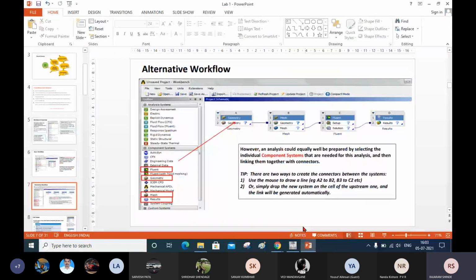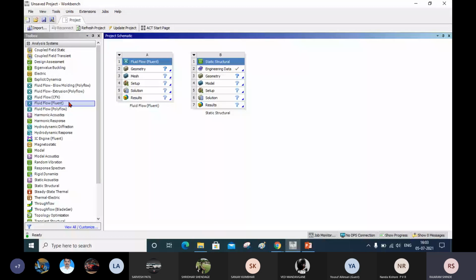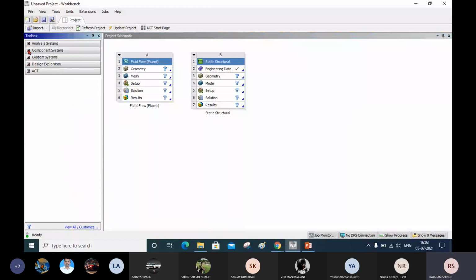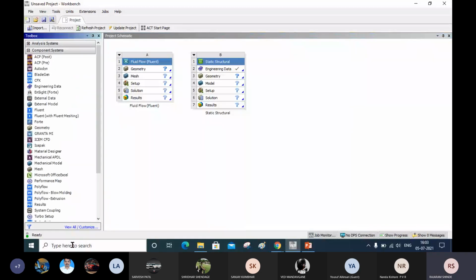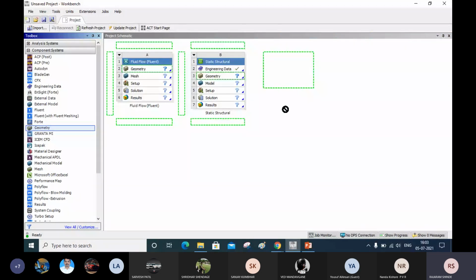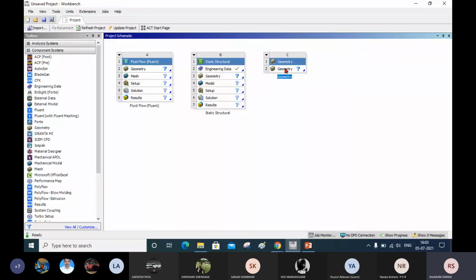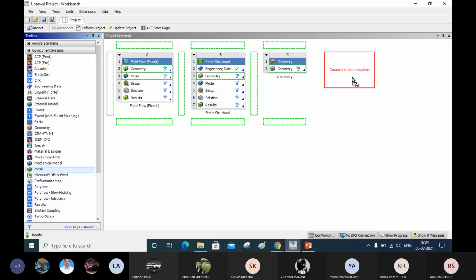You see here in ANSYS Workbench, I will go to the component system. In component system, here first I add the geometry. Okay, now here you will get only geometry. Now you can complete the geometry here, you can complete the model here. After completing the model, you have to mesh the model, that means you develop the CFD model. Okay, now mesh is added in your project schematic.